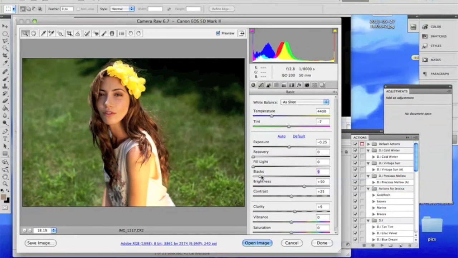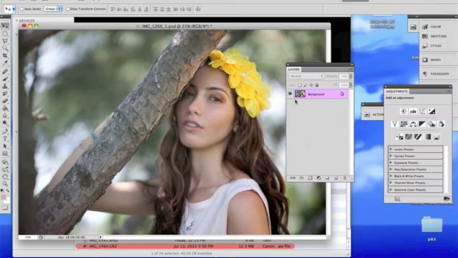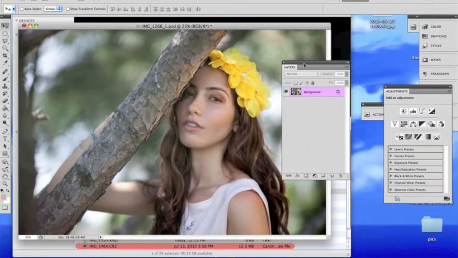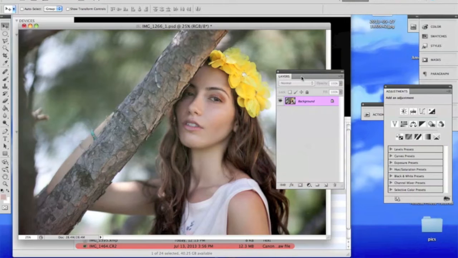So right now I'm going to open up another image that I already had prepped for this tutorial. So we're going to go ahead and open that image. So I've got the image that I wanted to use open. And what we're going to be doing to retouch this image is using a technique called frequency separation. So we're going to be separating the texture of the skin from the color of the skin to minimize any